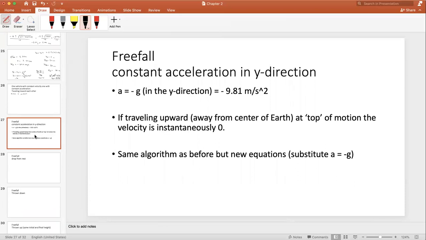Now, I believe this is section 5. I told you we were going to talk about free fall. And free fall, all free fall means is take an object and either throw it up into the air or let it drop, okay? It could fall off a cliff. You could drop a pen out of your hand and let it hit the floor. But what is in common with all these things is,